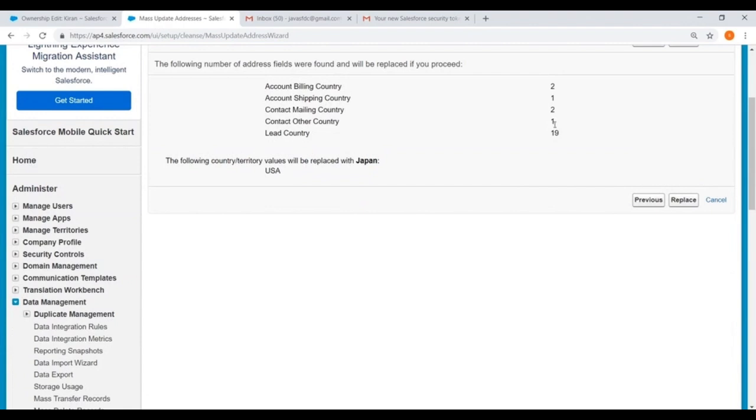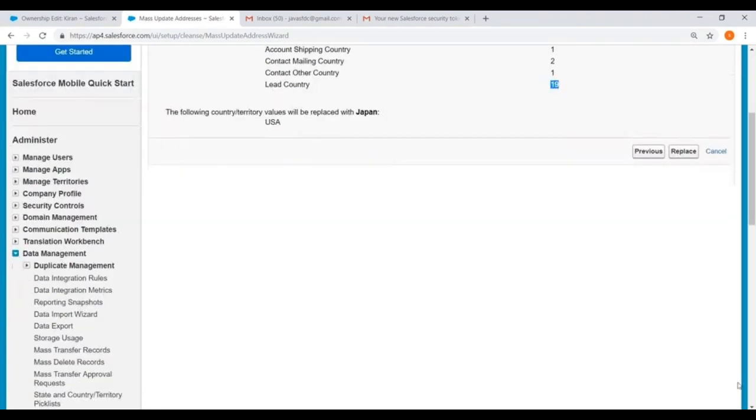The total 25 records are there. When I replace all those countries, all the countries will be replaced with Japan. Are you getting? Practically, we don't use all this stuff, okay? Because options are available, I'm giving you. Okay. So what was this? Data management. Basically, in this, we are going to work with